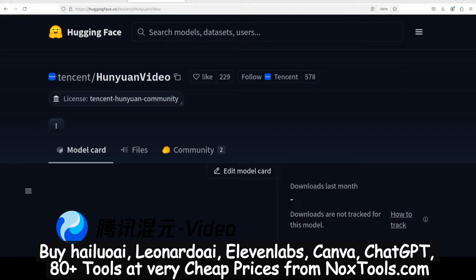I'm very excited to share with you this new model from Tencent HunyuanVideo, which is a text-to-video model. This model